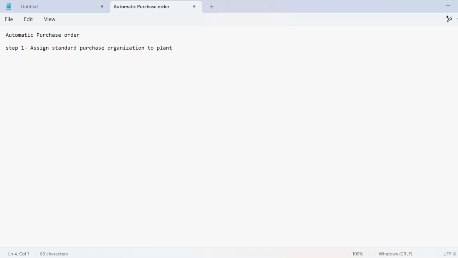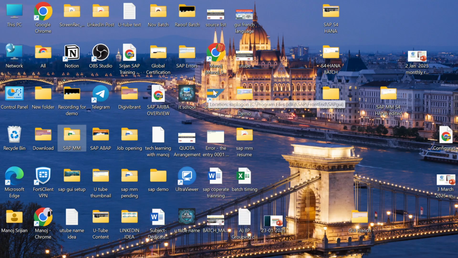If you remember, at the time of types of purchase organization, I told you I would explain the standard purchase organization once we see specific procurement. We have already seen plant specific purchase organization, cross plant purchase organization, centralized purchase organization, and cross company code purchase organization, but I didn't explain the standard purchase organization at that time. Let's see what's the use of it. So let me go to the SAP screen.